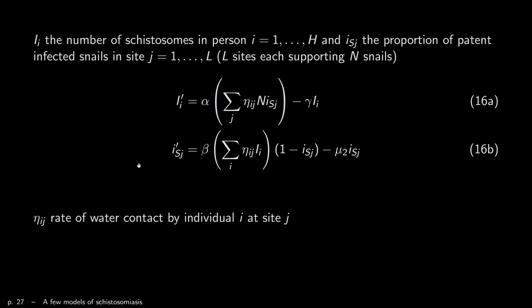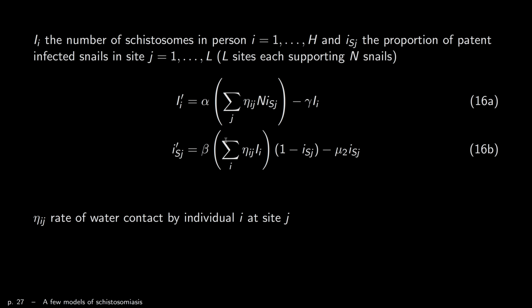Okay. Likewise, for sites, what we have is the same way, but here you see we're summing on I. So this is for site J. So J is 1 to L. For a given site J, how many